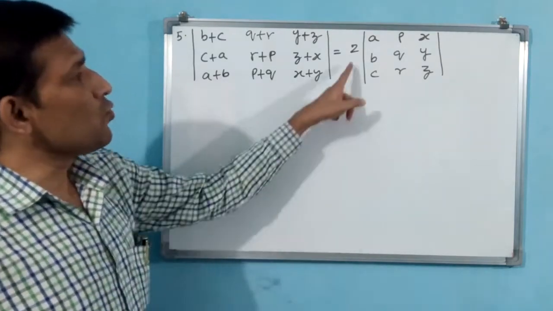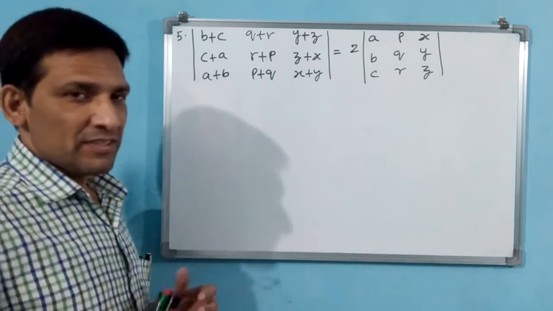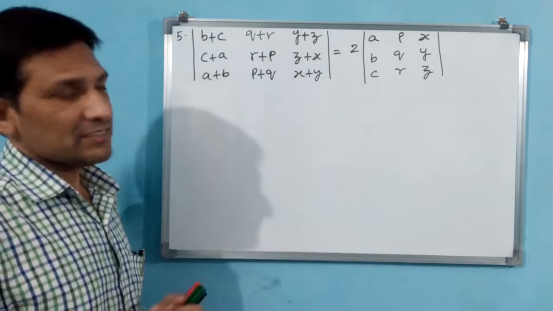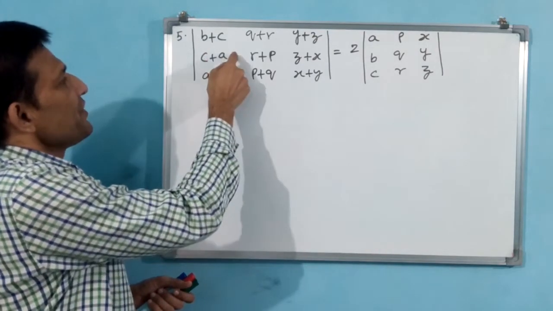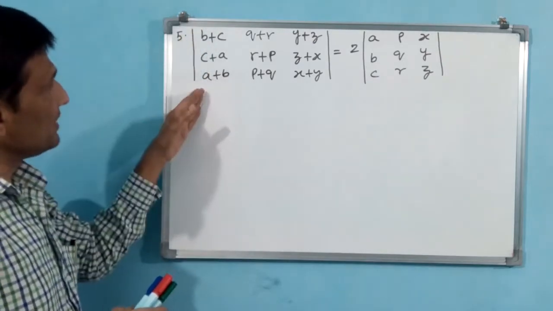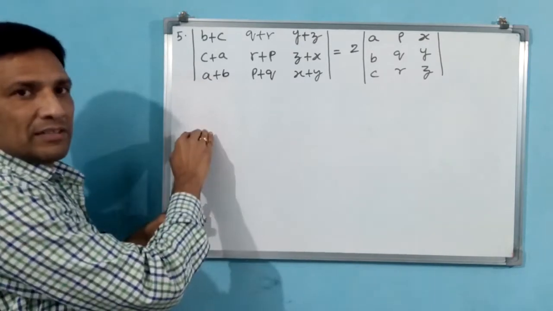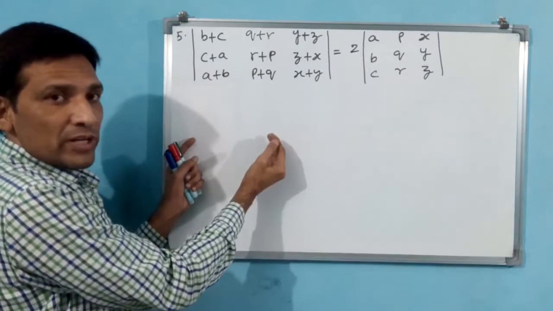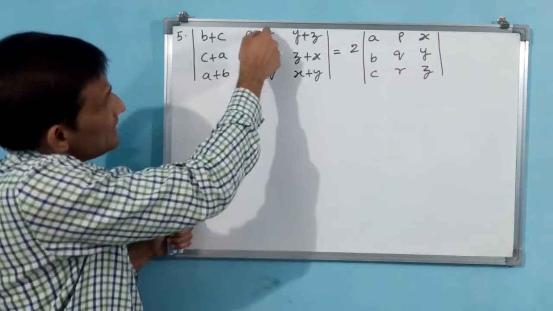Simple logic, you see, 2 is there outside. That is going to give some idea, a route, a direction. See, B, B, C, C, A. If you add R1 plus R2 plus R3 and write it in R1, then 2B, 2C, 2A will come. Then again, you can write A, B, C common and take 2 out as common. Like this all will come.